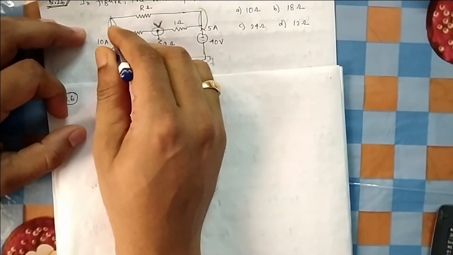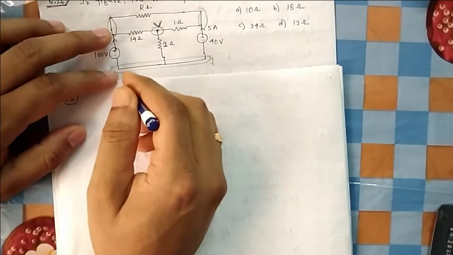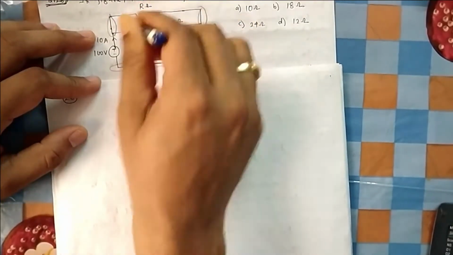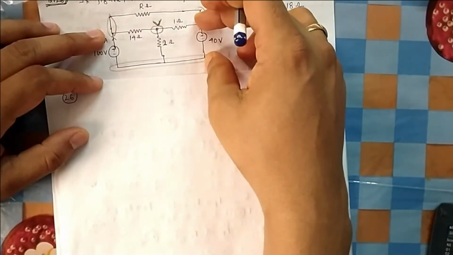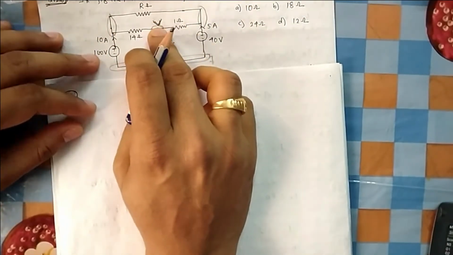So this current will come out of it. This voltage you already know, because it is already connected to a source. So from here to here it is 100 volts. I know the node voltage here, and here also it is 40. So the unknown node is here, V only. Let me write the equations for this node.